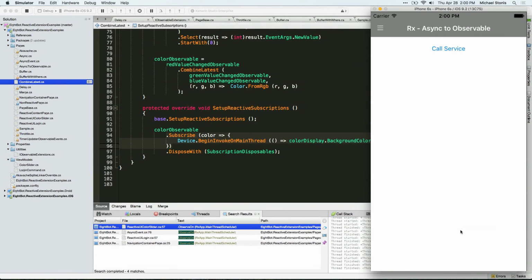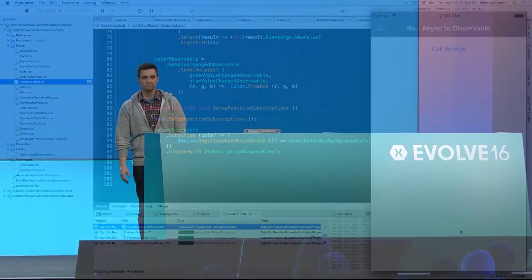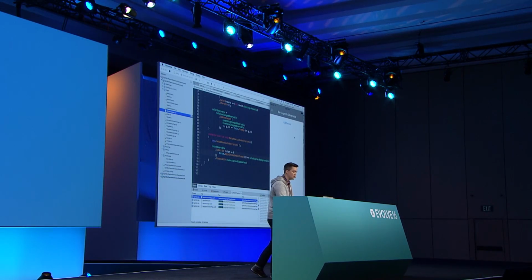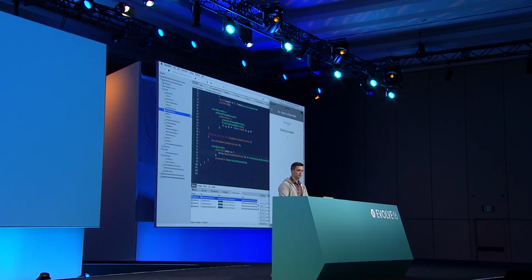Now some of you are saying, like, Mike, I'm not sold, man. I like async and await. This reactive stuff seems cool, but I don't know. I don't like it. I don't ever want to use it. But there's something that's kind of neat about reactive extensions and observables is that we can mix them in with async and await. Right? So imagine we've got a sample bit of code like this where we need to call